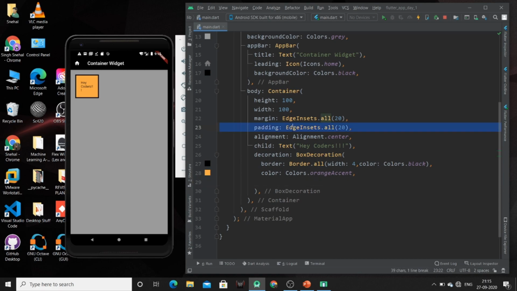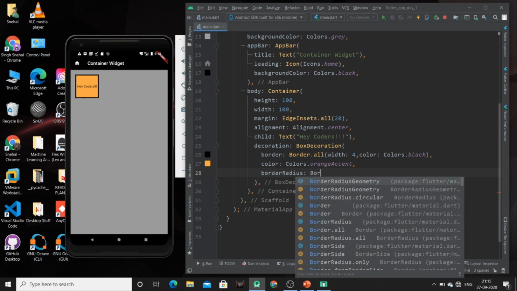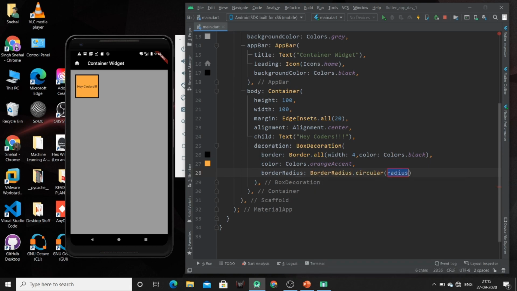I am just going to remove this padding as it is not looking so good. Now it's perfect. Now we are going to give some radius to our border. So for that we can use this border radius property. Now just use this BorderRadius dot circular function and specify the radius of the border you want.